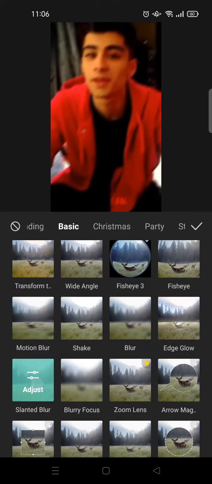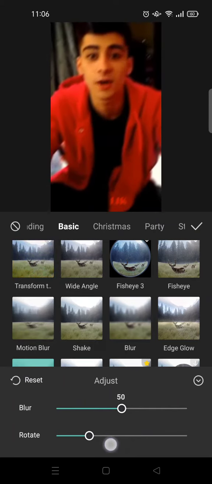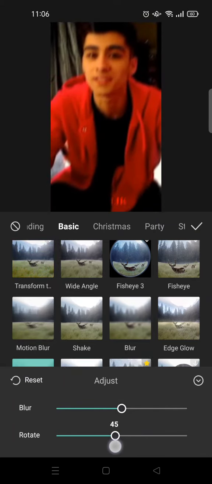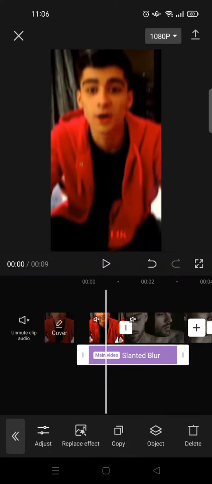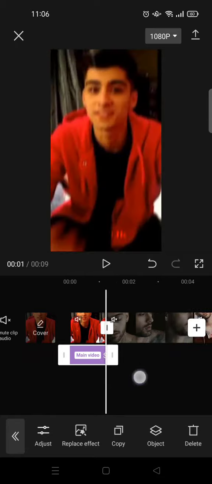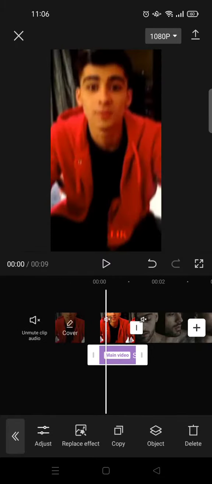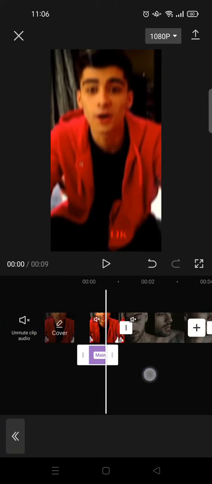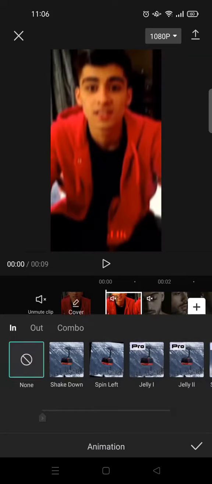This one, adjust it to your liking, but I'm going to set the blur into 50 and then also the rotate into 45. And then after that, just click on the check icon and adjust it for the first clips like this. I'm going to make it half, and then after that, go to animation, select the clip and animations,